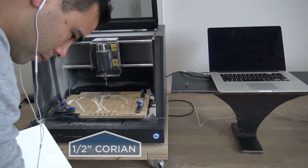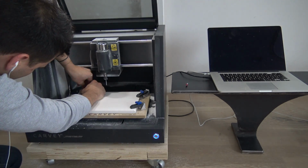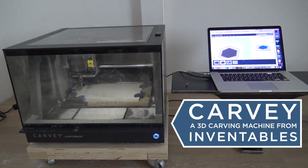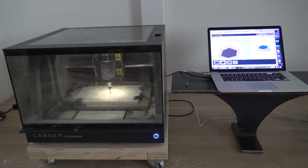deep to cut. Now, I've used a lot of different digital fabrication machines, from 3D printers to CNCs, but this 3D carving machine from Inventables, appropriately named Carvey, is by far my favorite. It comes ready to use right out of the box and has a lot of really cool features that reduce the amount of setup time. For example, the smart clamp automatically homes the machine, so you don't have to go through this homing and tracking